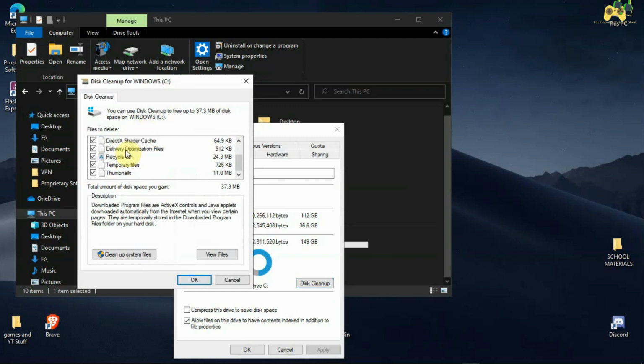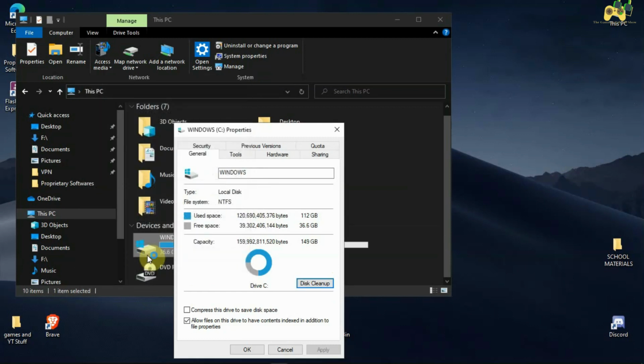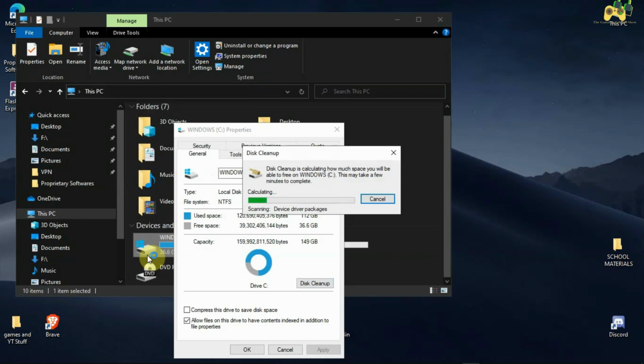So you need to select all of the files here and then click this option, Clean up system files. So it will scan all the system files. Unwanted system files you can clear out as well, because if you don't do that, it will leave the system files, and system files might be the ones that take up a lot of space. So this scan will take a little longer as compared to the normal files because it scans the entire system files as well. So leave it for a few seconds and it will scan and tell you how much space you can regain.